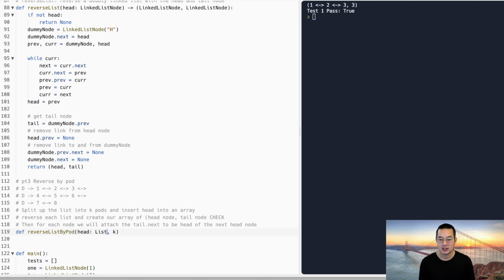Head node is a linked list node, and we're going to take in a k, which is an integer, and we're going to return a linked list node, which is going to be our head, and that's good. So now time to make an array of heads, and so for or while cur,